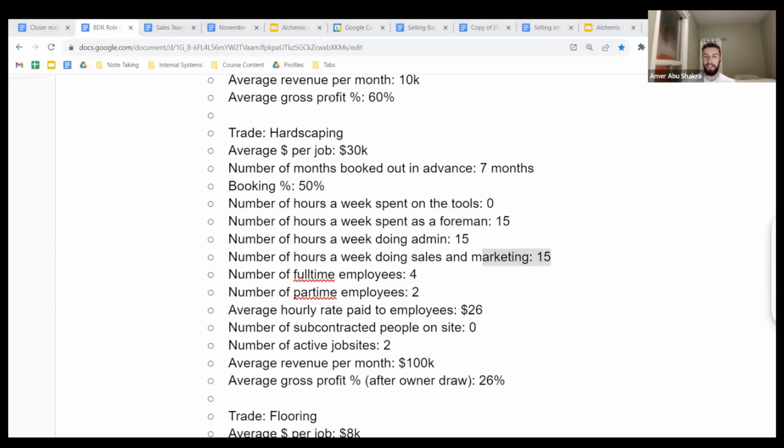Okay, so first things first, if you're running this business, you're in a tough position. So I would say there are different quadrants that a contractor can be in. The best is you have free time and you have money. And then the one below that is you have money but no free time. Then below that is you have time but no money. And then the one below that is you don't have the money or the time.